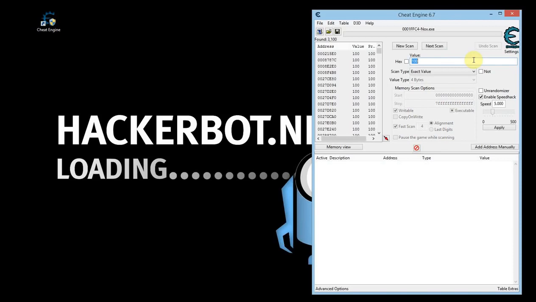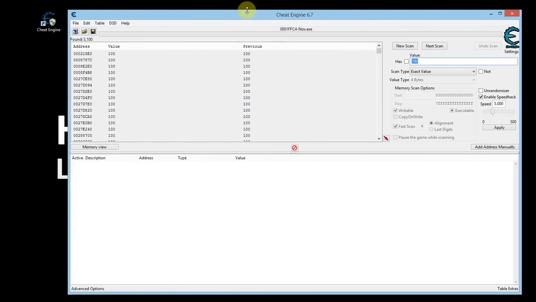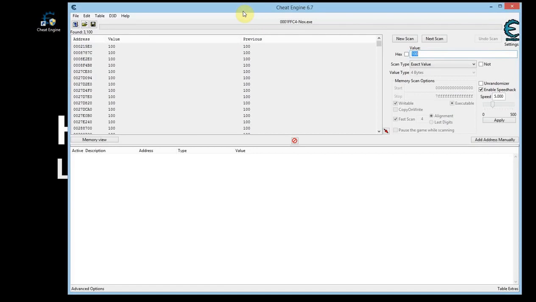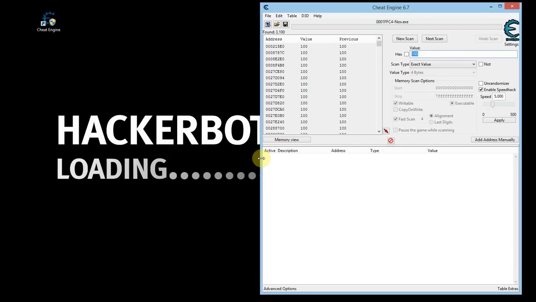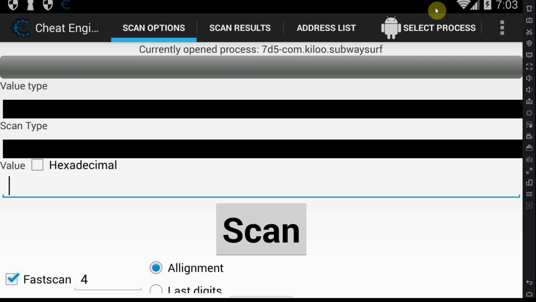and then scan for the money value or whatever you have in here. Alright? Now, my problem with this is I've tried and tried, and I have actually not been able to make this work with any emulator, guys. Alright? I've tried Nox, I've tried BlueStacks, I've tried a bunch of other ones. LeapDroid, I've tried them and tried them. I read that it is actually possible, but guys, this is where I need some help from you guys, okay? Because there's people that know better how to hack PC programs than I do, alright? Definitely. I need you guys to tell me how to actually hack a game that's running on an emulator,